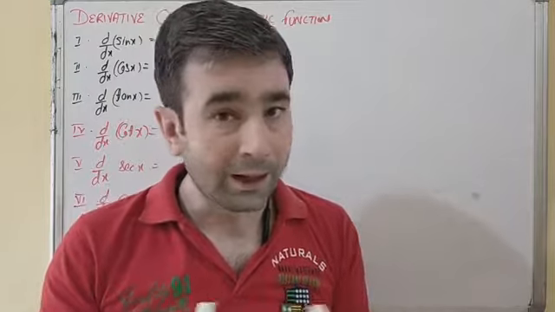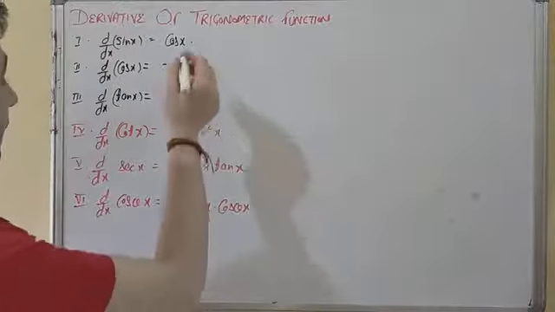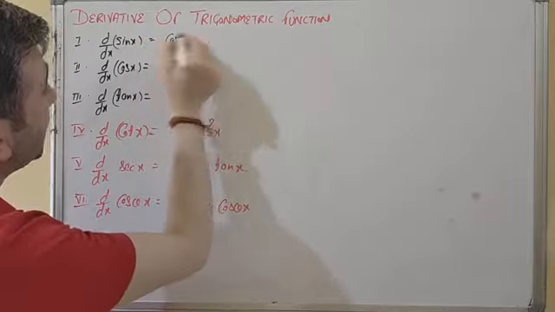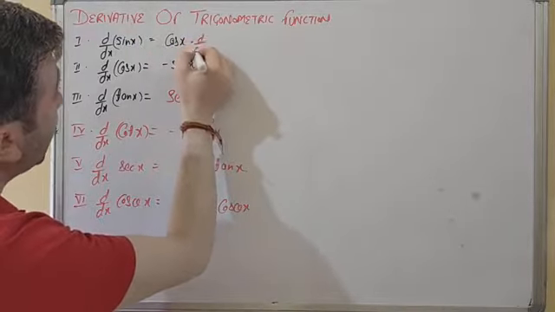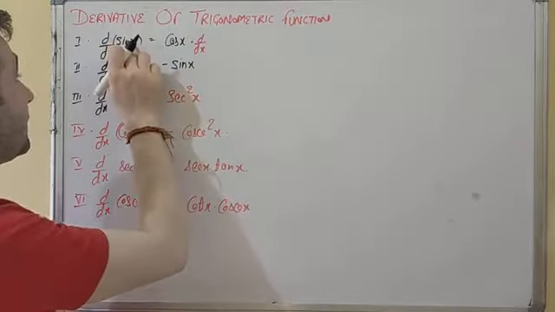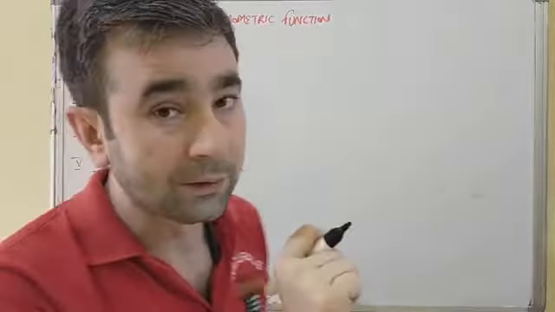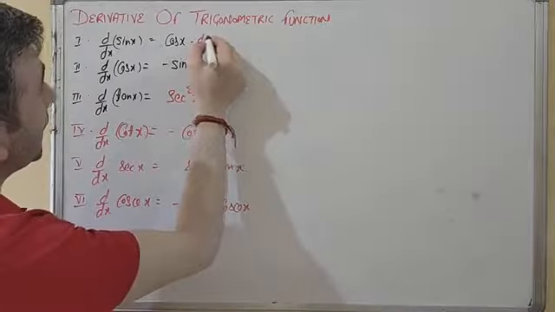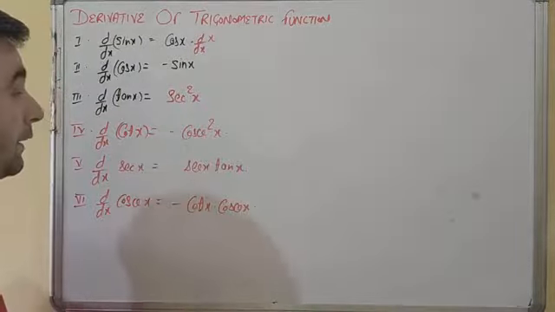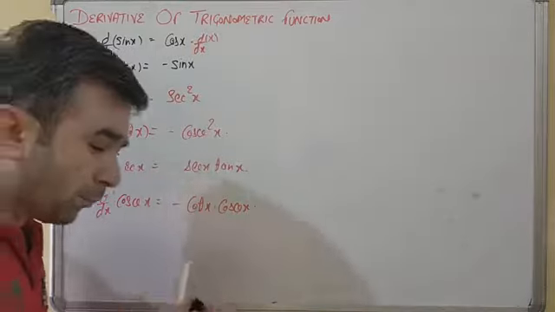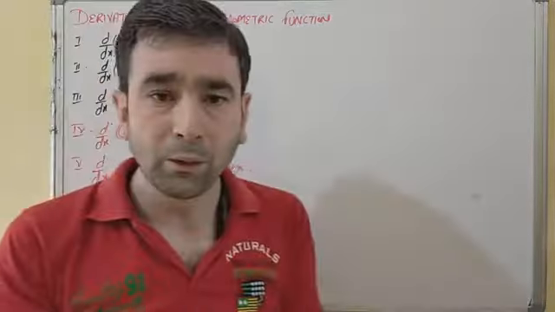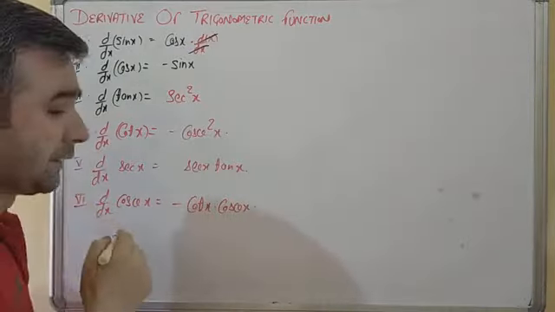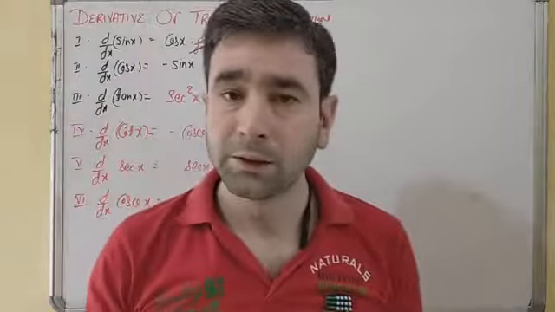What will happen? Derivative will not end up here. Why? Because after this solving, we have to multiply and take the derivative again of this function. This is the variable function. What is this x called? X is called the variable function. So we have to take the derivative of this x, but both these quantities are equal, so they cancel out each other. That's why we are not showing it here in this theorem.